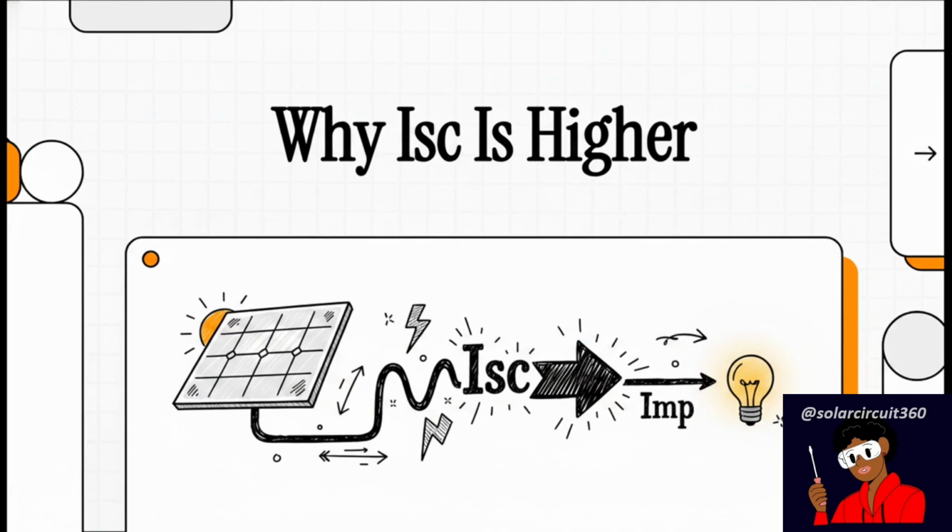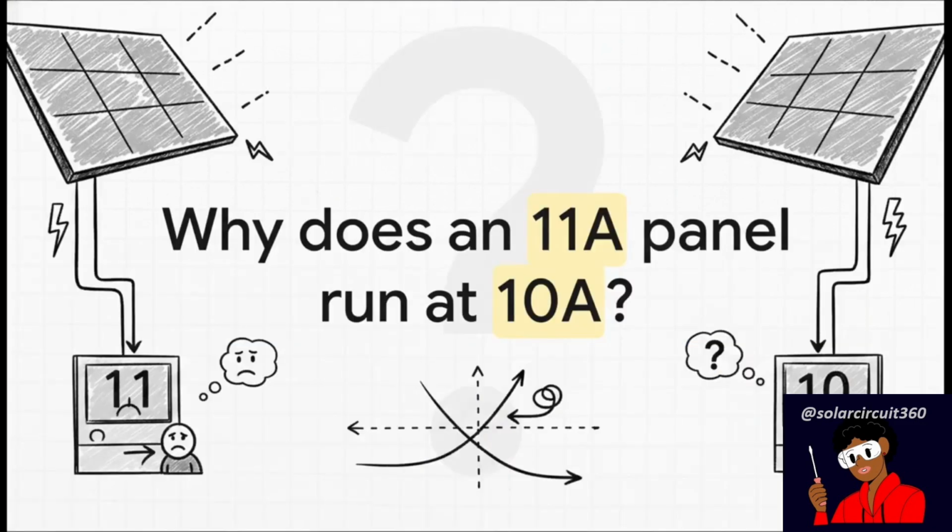a seasoned solar engineer. Okay, picture this relatable scenario for a second. You look at your brand new solar panel's specs, and it clearly says it can produce 11 amps. But when you hook it up and monitor your system on a perfectly sunny day, it's only running at 10. It immediately makes you wonder, right? Is the panel somehow losing current? Are you getting cheated out of that extra amp? It's a hugely common question, and as we'll see, the answer is all about understanding how solar panels actually generate